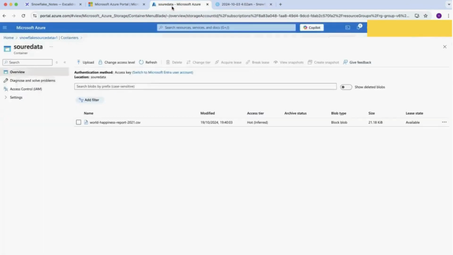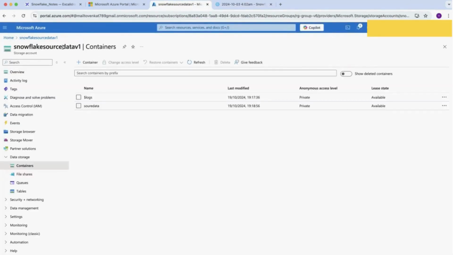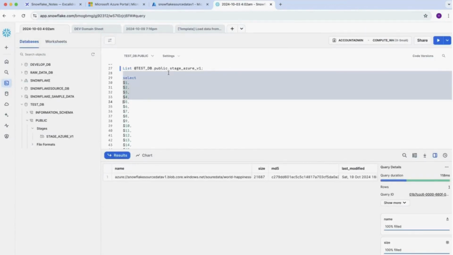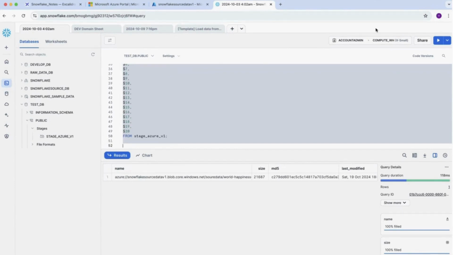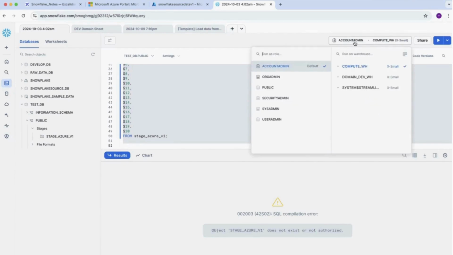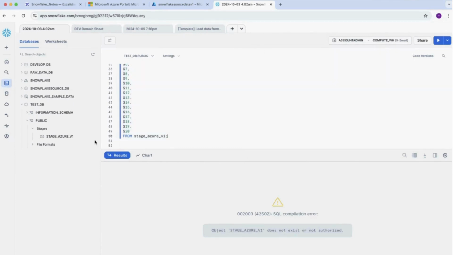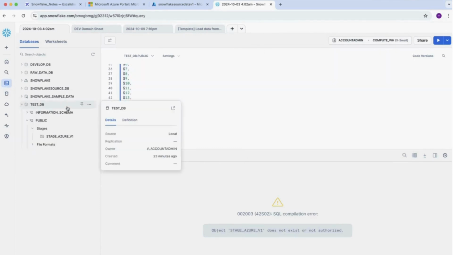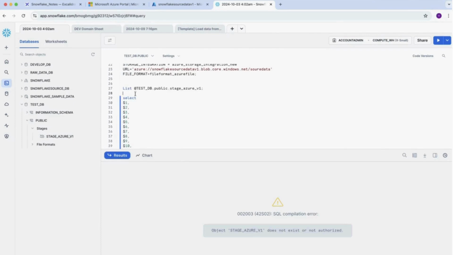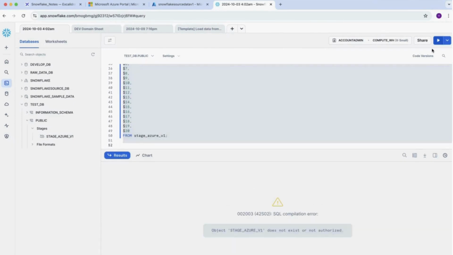We granted the access and got the data. Why is this not here? We can start. Does not exist or not authorized. HTTP account admin only. Stage Azure one. Account admin. Microsoft Azure. External stage. So when we are calling this stage Azure y1,